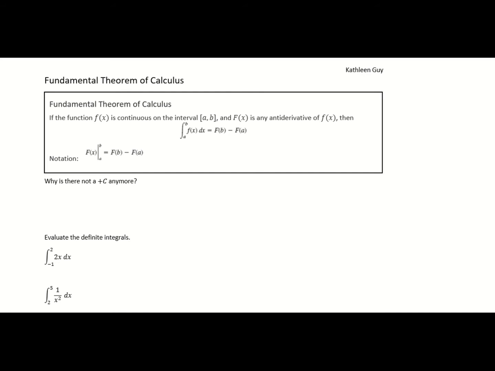We will now discuss the fundamental theorem of calculus. So what is the fundamental theorem of calculus? If a function f of x is continuous on the closed interval a, b, and capital F of x is an antiderivative of f of x, then the following is true. The integral from a to b of f of x dx will be equal to F of b minus F